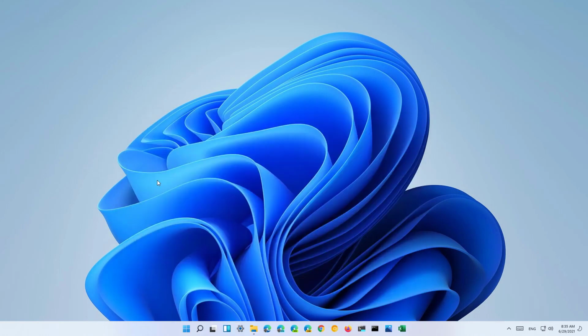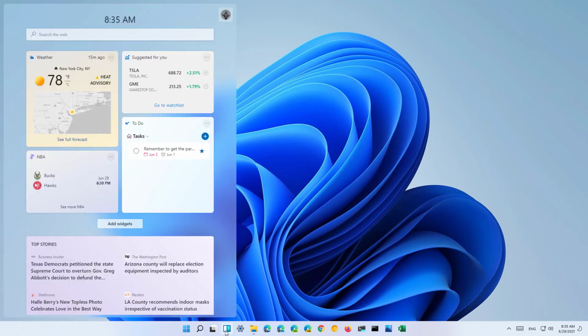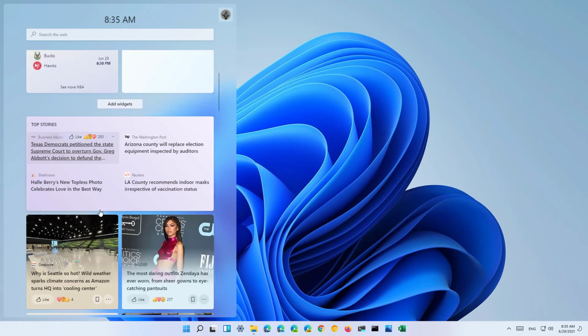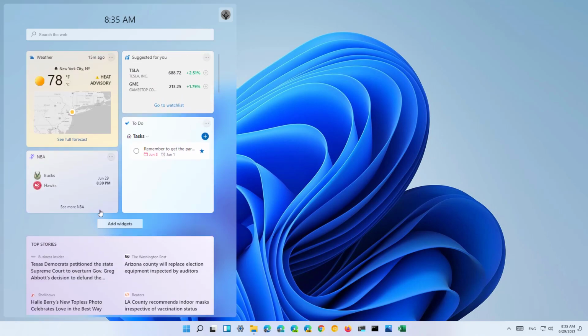Windows 11 also comes with widgets, which is a new feature similar to the news and interests experience that you will find on Windows 10. And it is a feature that offers valuable information like weather, news, sports, traffic in live tile style cards. So this is a new way for Microsoft to continue having live tiles on Windows. The experience slides from the left, and it also provides a time and a search box to look at stuff